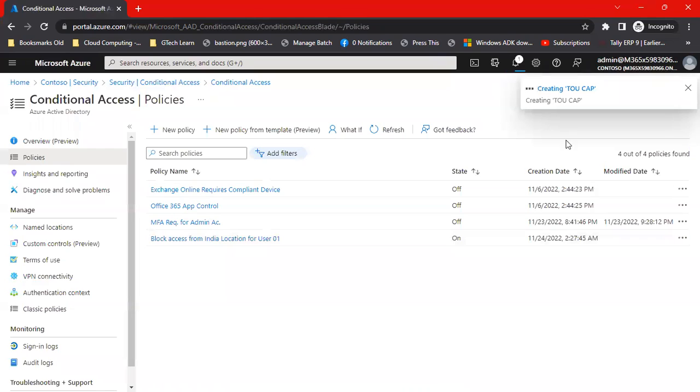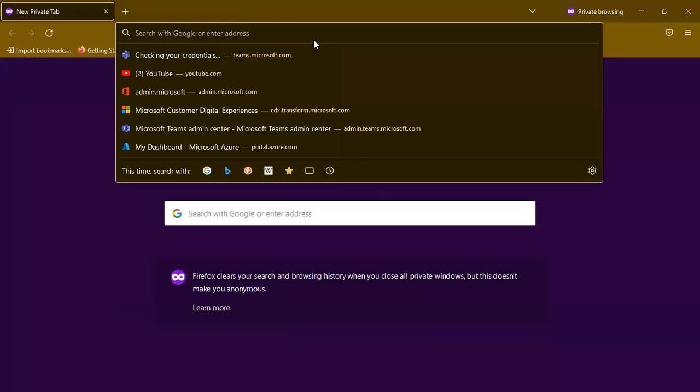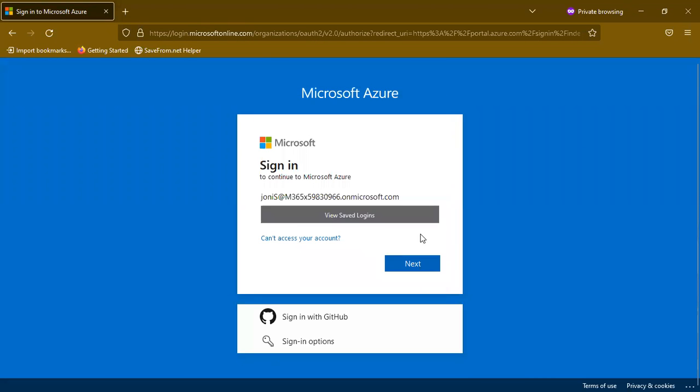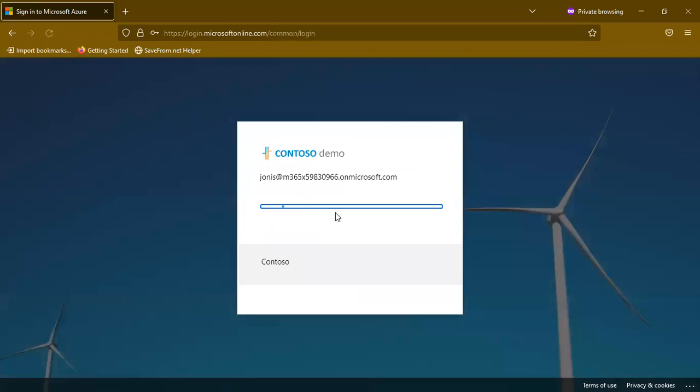So once this conditional access policy is created, then I'm going to access the portal with the user Johnny. And now you can see this policy is created. Let me open up my browser, and here let me go to the portal.azure.com, and I want to make a login with the user Johnny. Here I am entering the password for the same, and once I hit the sign in,